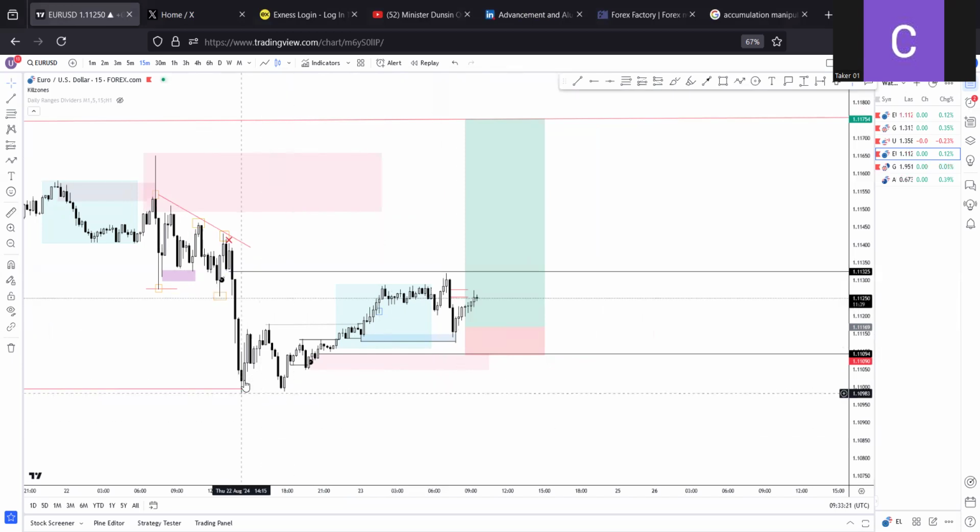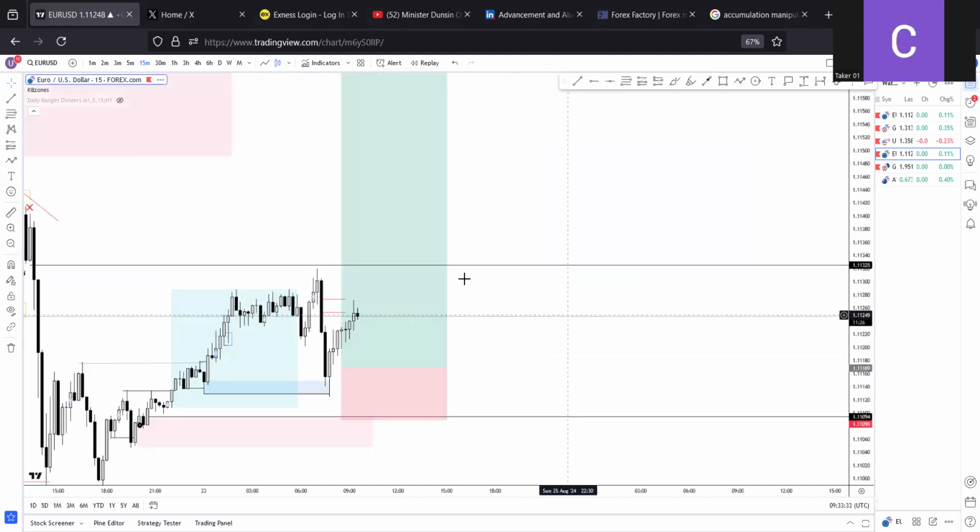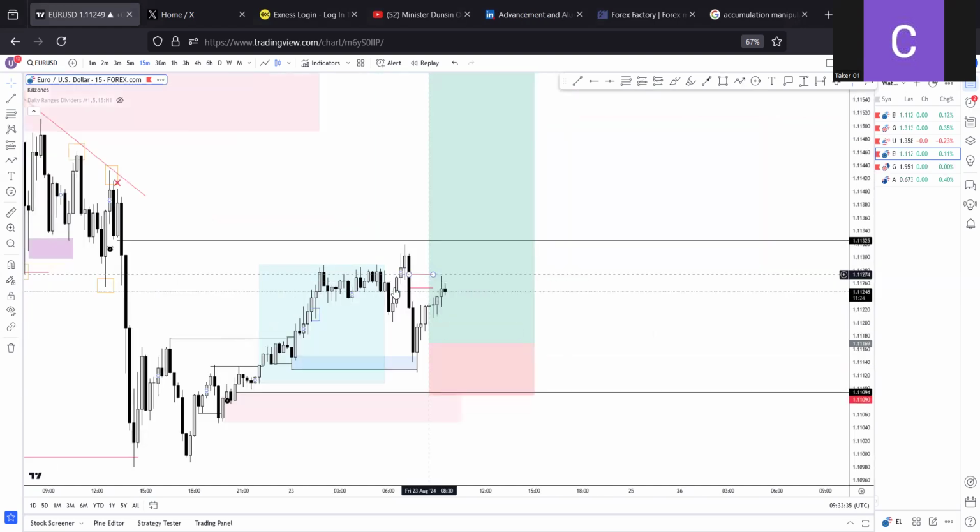You can see that this low created a high. Now, this point here created a failure to continue lower that led to all of this move to the upside. Now, we just had price retrace. Now, they know that anyone that takes a possible sell from these red lines I marked here,